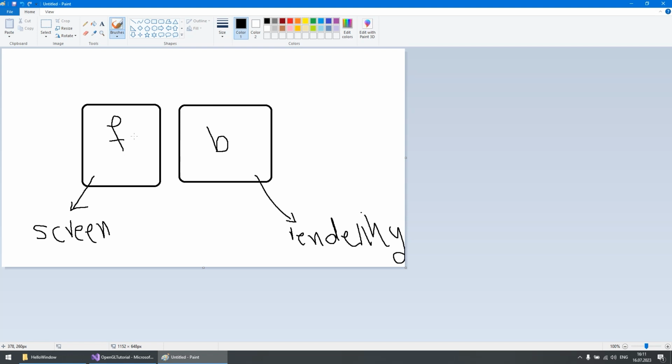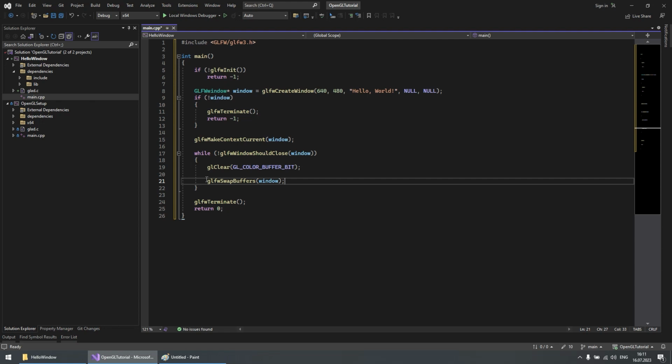So when we're rendering, when we say do this, do that, draw this, all of these things happen here, and when the rendering is finished, the back buffer and front buffer will be swapped. The back buffer becomes the front and the front becomes the back. And this is what this command is trying to do.